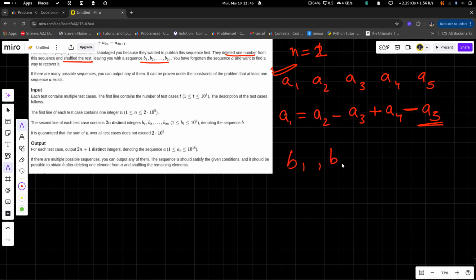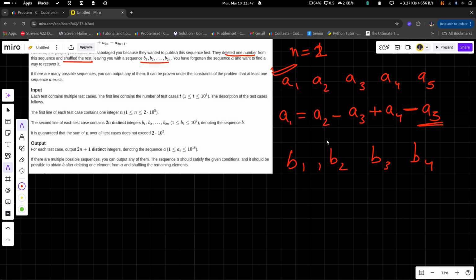We have b1, b2, b3 and b4. What if I just put b1, b2, b3 and b4 into the equation to get the last number? A brute force way would be, for every number, to make different combinations.